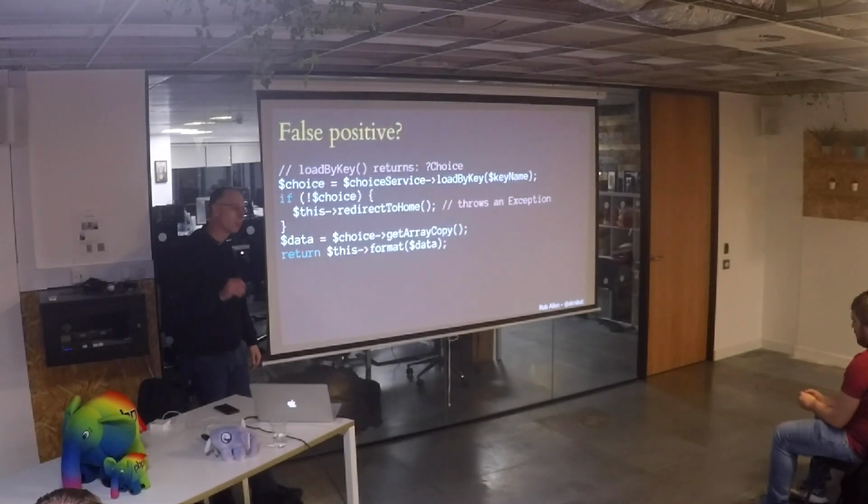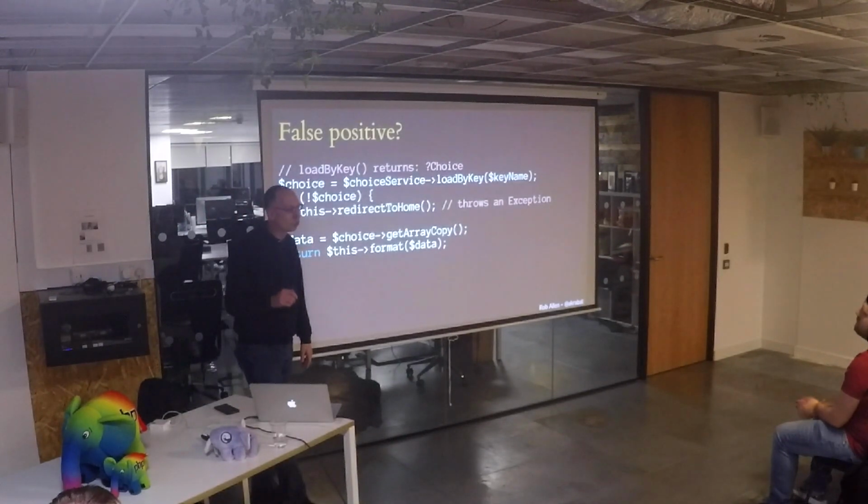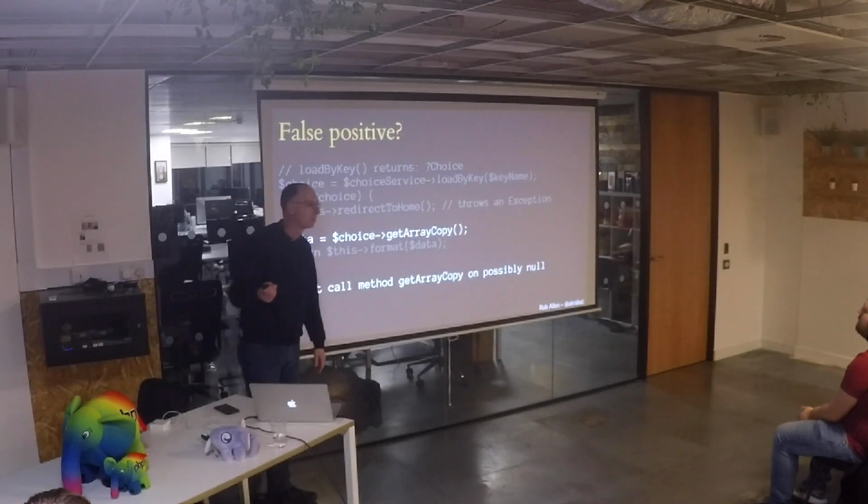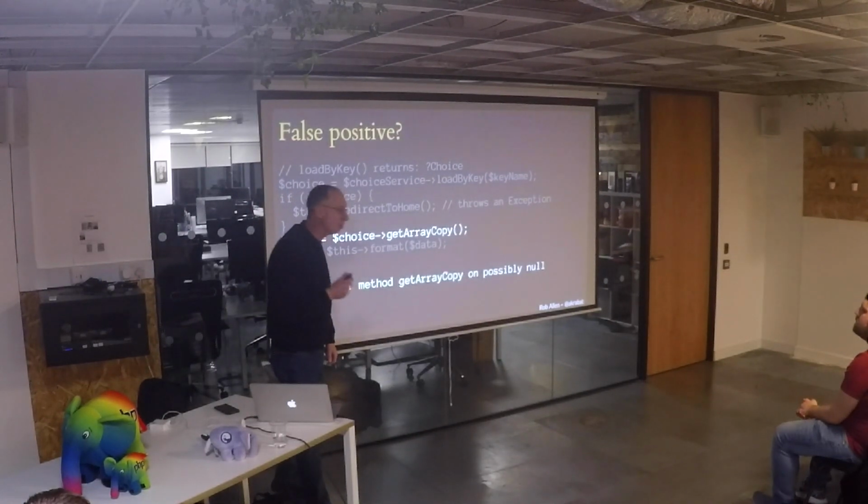But SARM doesn't know that. So SARM can't tell that we will never get to this line. So this is a false positive. I'm getting an error from SARM that is not true. It's that line there. Doesn't like this line. How do we fix this one? The easiest way is to use those magic